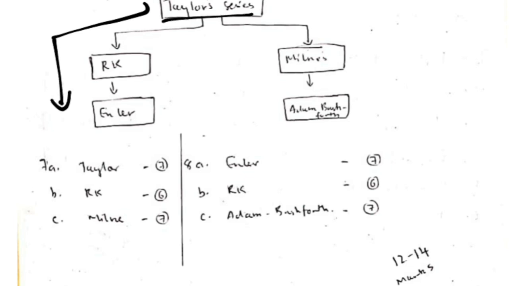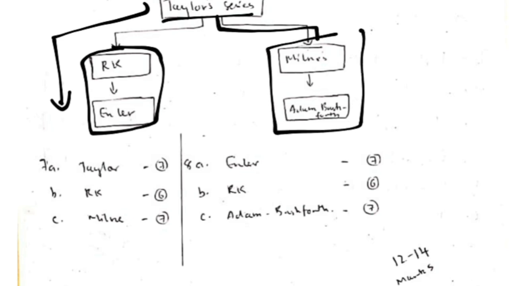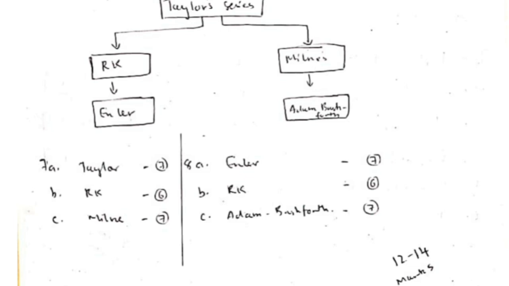So what I suggest you is to follow this method. If you are studying Taylor series, go with RK and Euler's method, or along with Taylor series, Milne's and Adams-Bashforth method. I have separated RK and Milne because in module 5 either option will come from RK or Milne. Okay, it's the same thing, just a bit of difference will be there. So if you are thorough with 3 methods, for example Taylor series, RK and Euler's method, in that case you can attempt this one, Taylor's, RK, or Euler's and RK.